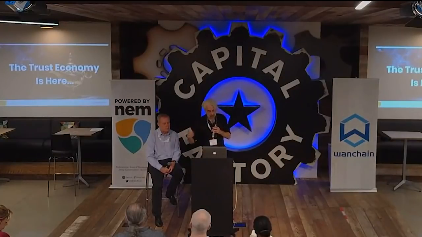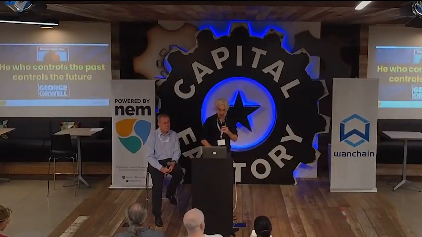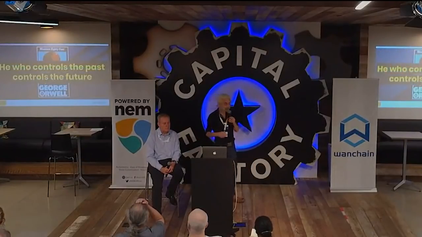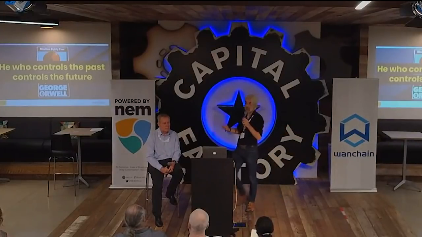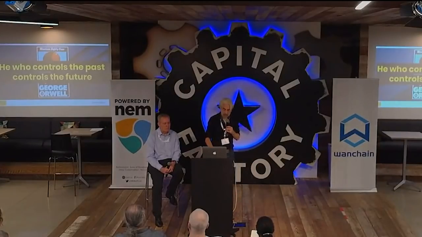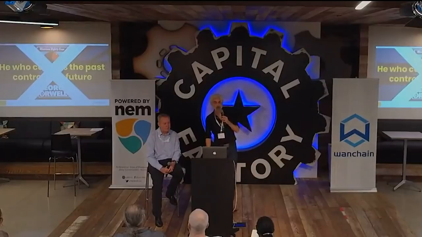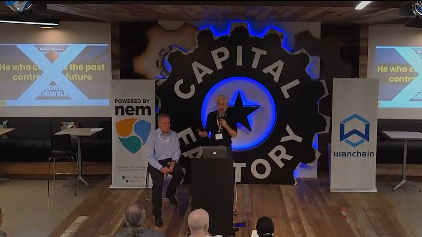So let's roll this back to where we started and the dystopian view of the future that Orwell had. Within 1984, he suggested, he who controls the past controls the future. Well, I think no. I think this next generation of technology, and the people that adopt it, understand it and will implement it, the NEMs, the OneChains, the us of this world, have got a real chance